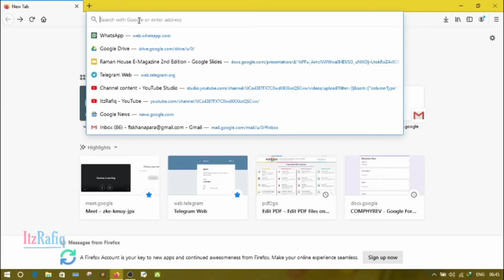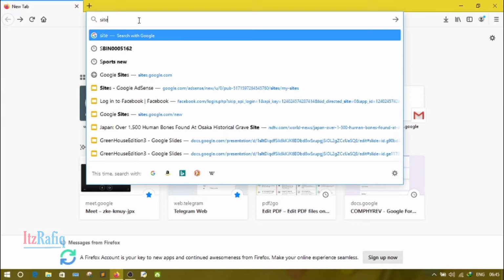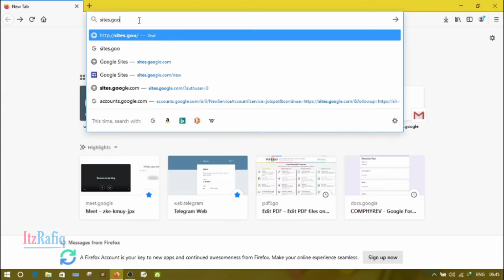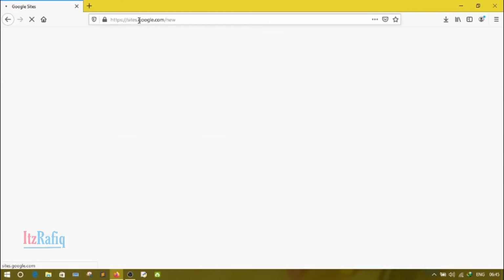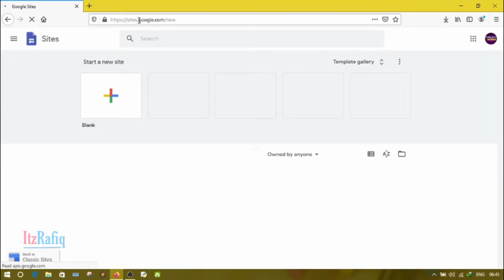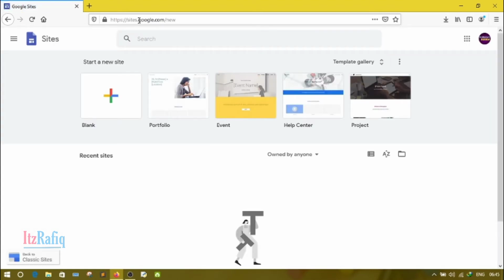First of all, open a browser on your computer, then type sites.google.com. Wait till the website loads. Here you will see the option to create a new site: blank site,